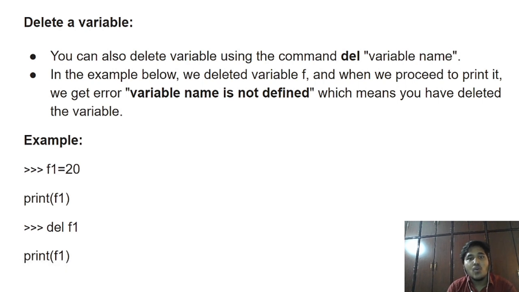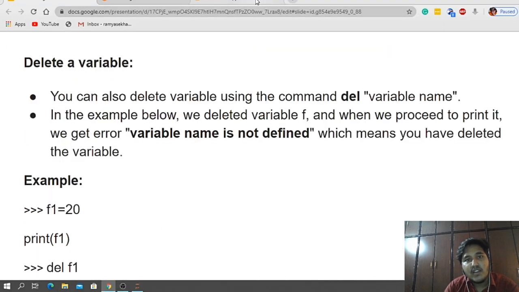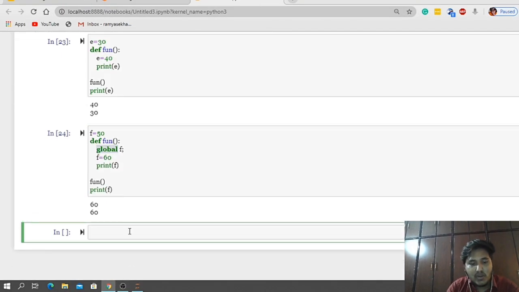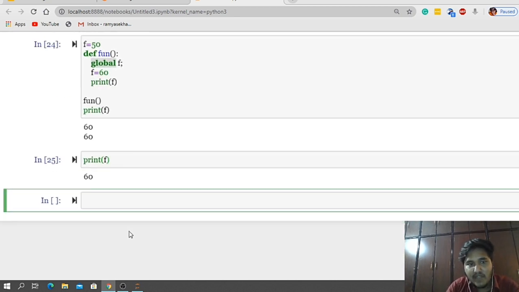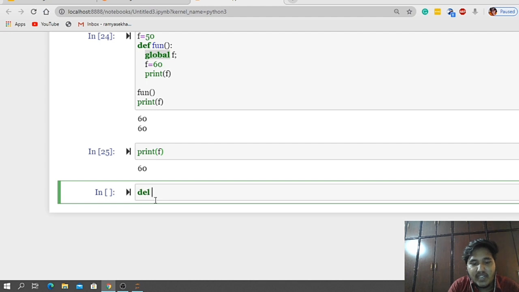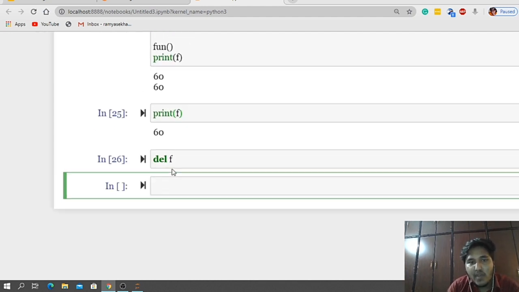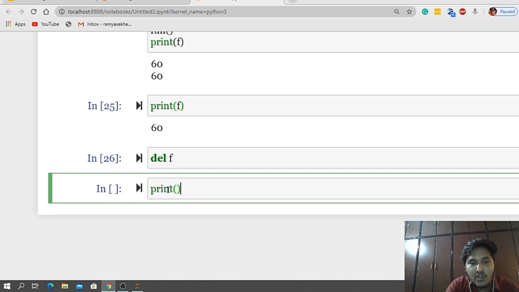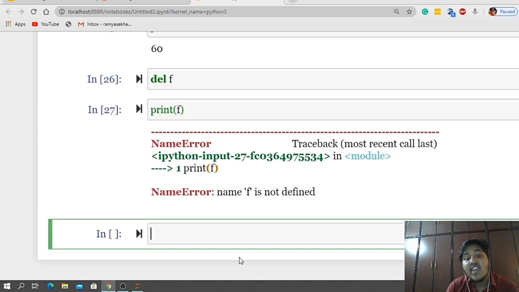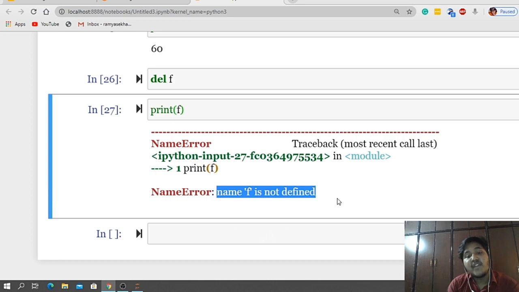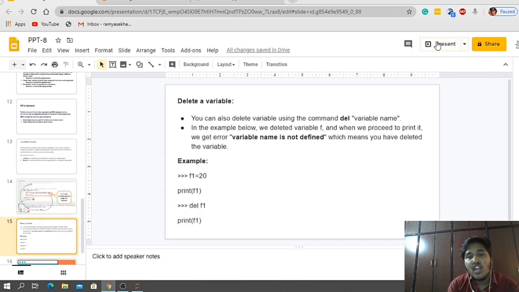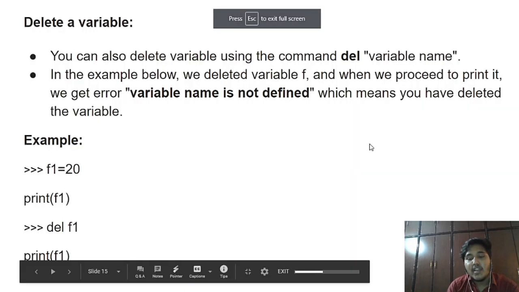Now let us talk about how to delete a variable. We can delete a variable using the keyword del. After deleting, if you use that variable, then we will get an error. So now let me use the f value. Let me print the f value for you guys. What is the f value here? The f value is 60. Now let me delete that f value. If I delete that, yeah, this command is executed successfully. Now I don't have the f value anymore. If I print or access that f value, what am I going to get? I am going to get an error: the name f is not defined. After deleting a variable, you cannot use that variable anymore.